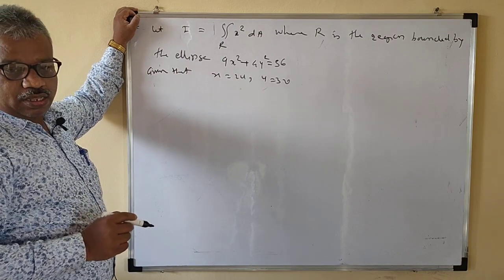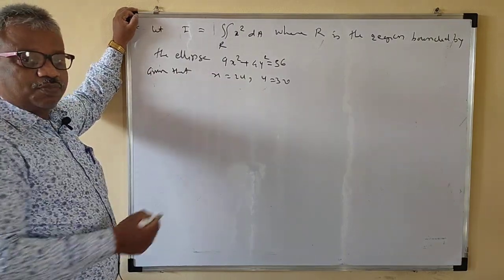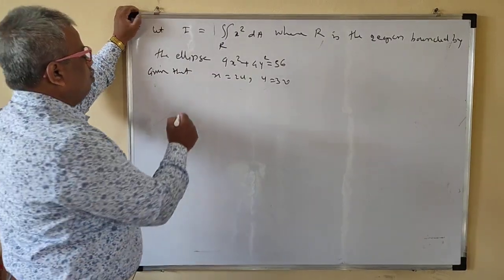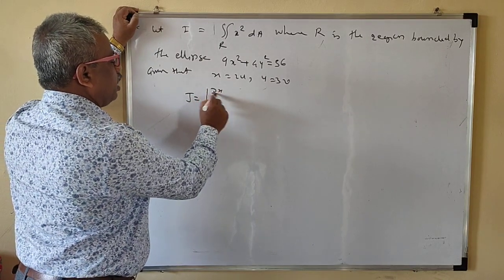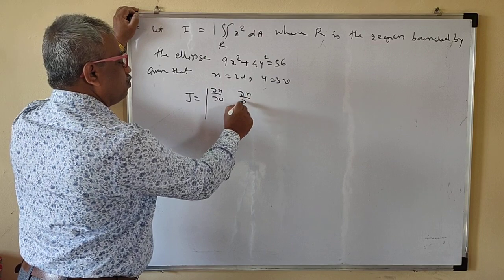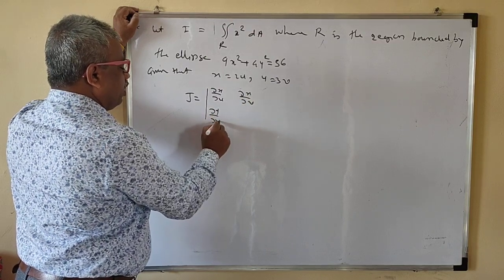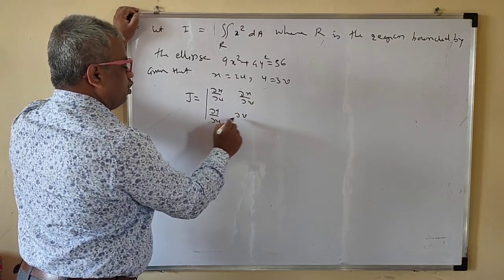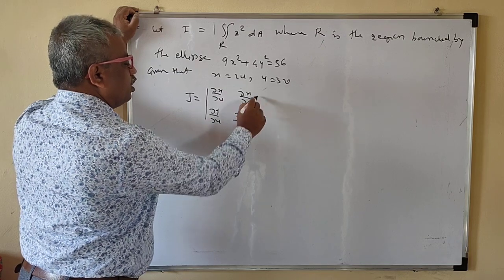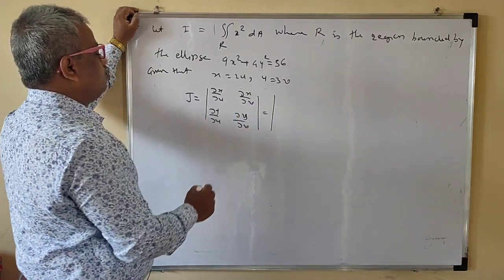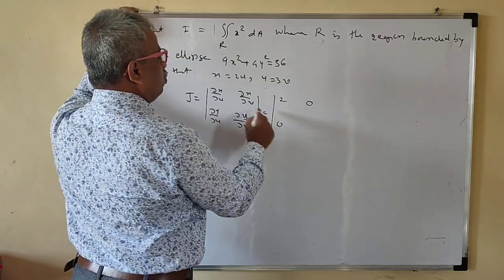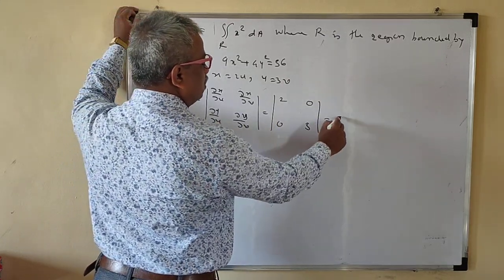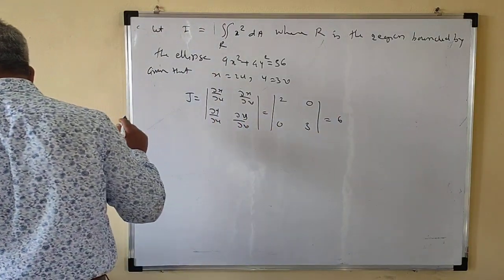So you have to draw the next region, what the transform region you have to draw. Okay. So first we will find the Jacobian. Jacobian is what? ∂x/∂u, ∂x/∂v, ∂y/∂u, ∂y/∂v. Okay. So now this is ∂x/∂u is 2. This is 0. ∂y/∂u is 0. So this is 3 now. So this is 6. 6 is the Jacobian.